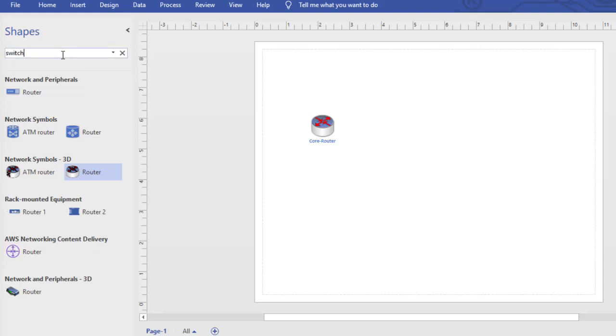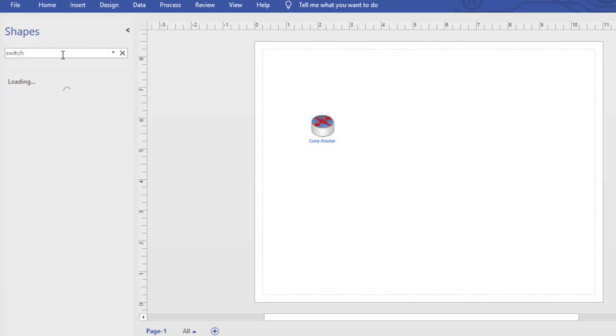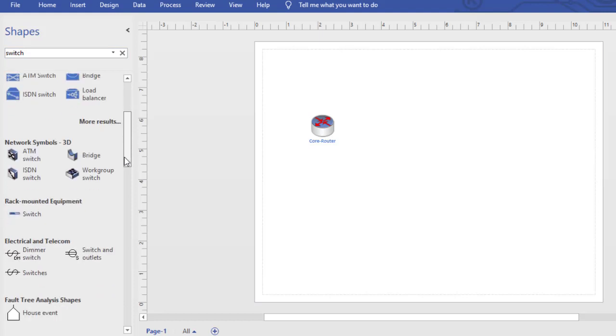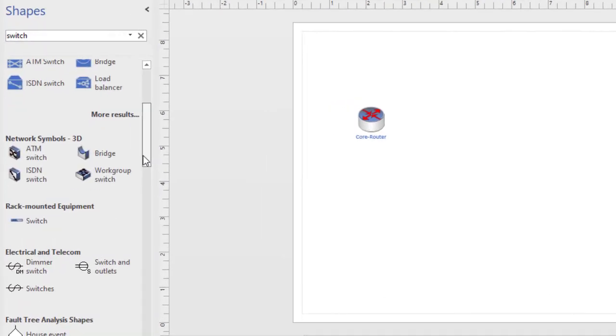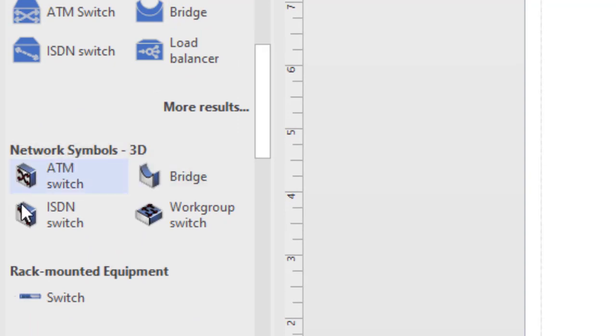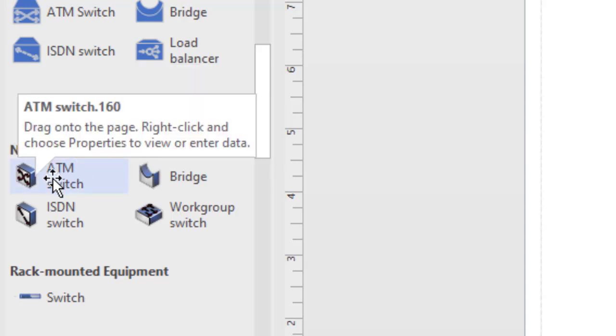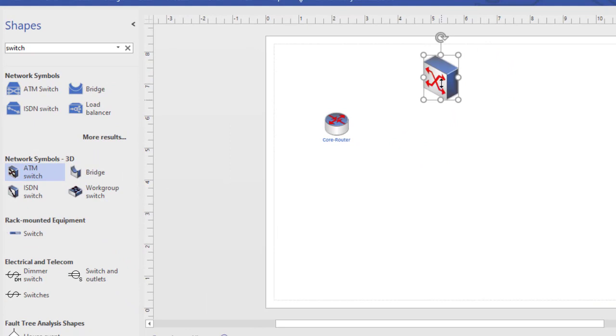Just type switch like that, loading. Okay, then you come to network symbols. Okay, network symbols 3D. For the case of layer 3 switch, I'm going to choose ATM switch because under Microsoft Visio it's not written layer 3 switch. So just choose ATM switch and paste it there. Reduce the size and give it a name,